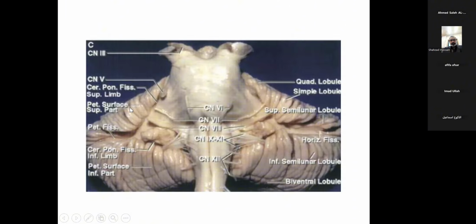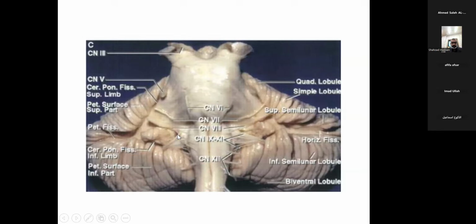This is the space between the pons and the cerebellum. This is the petrosal surface of the cerebellum, and we are viewing it from the anterior aspect. This is the superior limb of the cerebellopontine fissure, and this is the inferior limb, and this angular space is called the CP angle. Here we can trace down cranial nerve 5, which has a wider root, then cranial nerve 7, then cranial nerve 8, the 7th-8th complex, usually lying in close proximity to each other. As we were talking about, cranial nerve 6 arises from the base of the CP angle, present at the base and anteriorly.